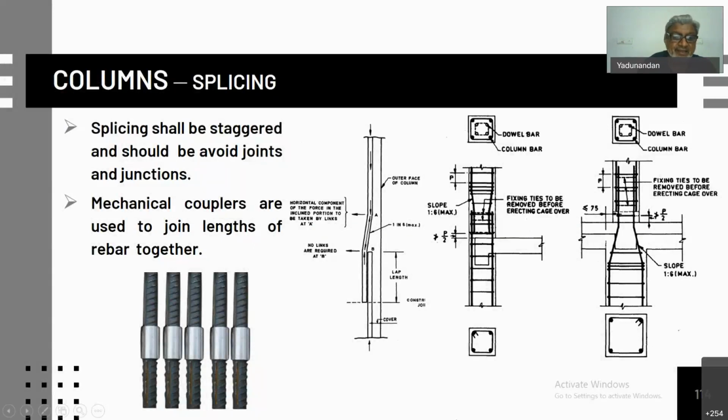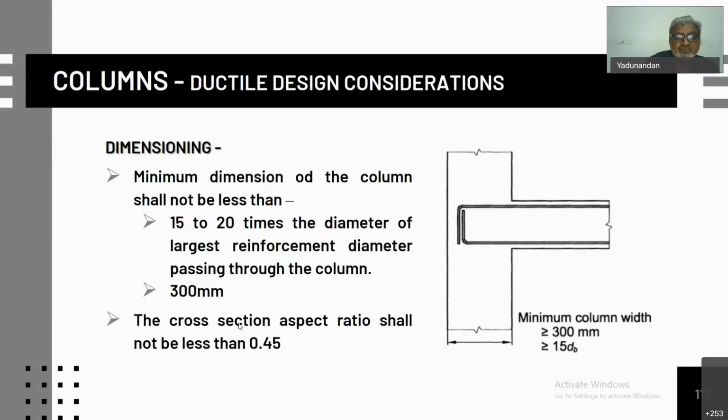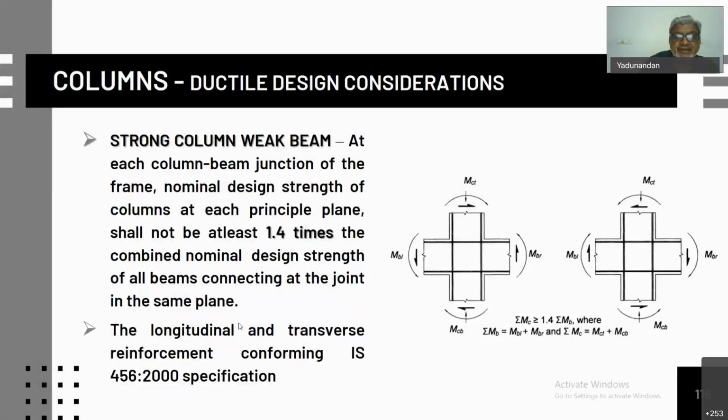not at the same point. And in case we use very high diameter bars where the sizing of reinforcement is going to create congestion, you can use mechanical splices of various kinds and provide them. There also, the mechanical splices need not be used at the same point for the bars. So in this kind of thing, one important factor is that the dimension of the column and its detail is selected